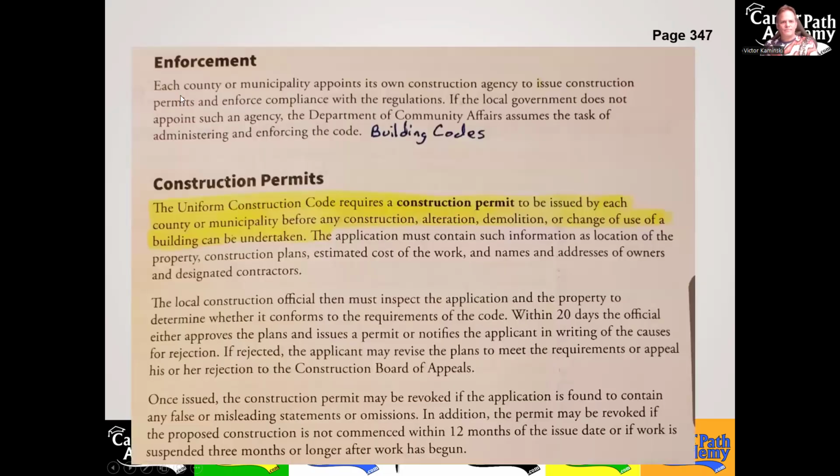All right, so let's just write the word building codes under the enforcement section there, page 347. And then highlight the Uniform Construction Code requires a construction permit be issued before any construction, alteration, demolition, or change of use. So anytime we sell a property,